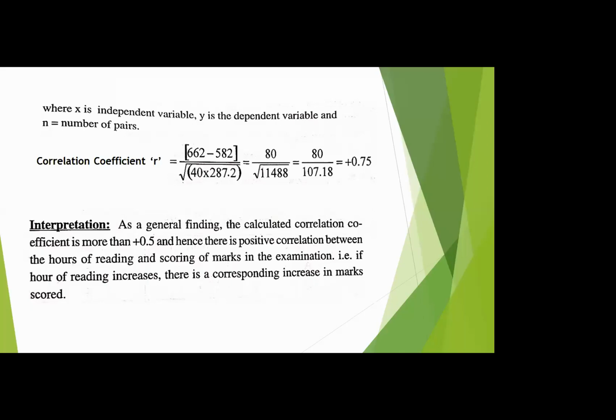Okay, so that is what a positive correlation value means. As the calculated correlation coefficient is about 0.75, there is a positive correlation between the hours of reading and scoring of marks in the examination. If hours of reading increases, there is a corresponding increase in the marks scored. That is how we interpret the correlation coefficient R.